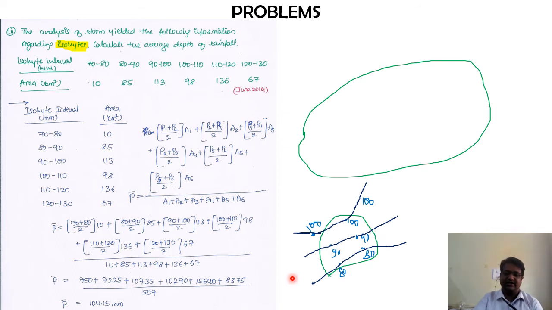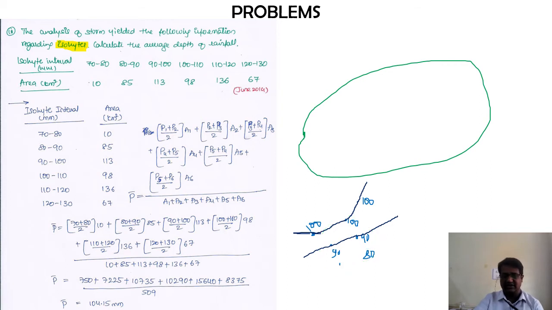But the only difference is, instead of a particular RL, these imaginary lines will join the points of equal precipitation. Because you have different places at which the same precipitation occurs. If you draw an imaginary line passing through those points, you are going to get these isohyets. Okay, so this is a basic explanation of what an isohyet is. The details regarding this were already discussed in the theoretical part when we considered isohyets.